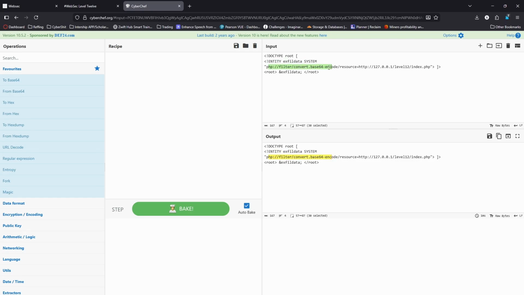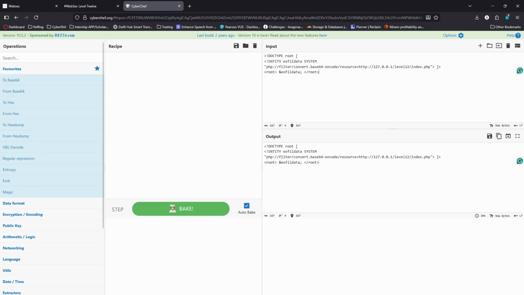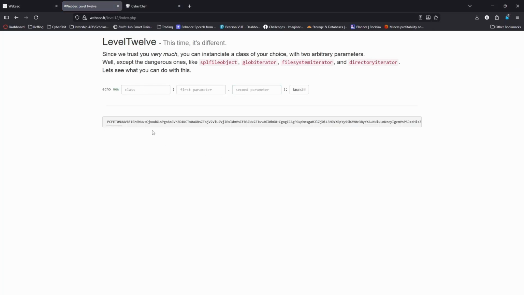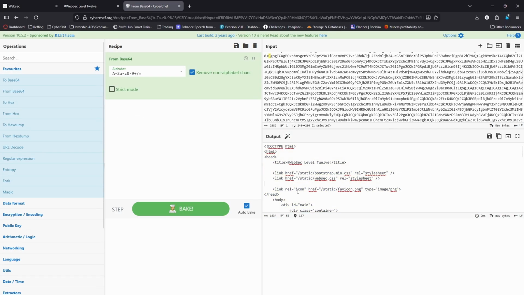convert to base64 for the resource, and then we actually have to make a request back to localhost for the level 12 index.php. So we just paste that in there, and for the second parameter we just do 2, so that it expands XML entities, so that the exfil data entity that you see right here actually expands. And then we run that, we get this massive base64 thing back, paste that in, go from base64,